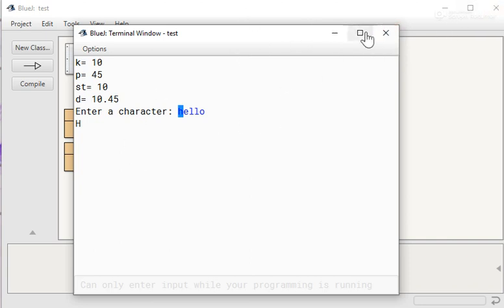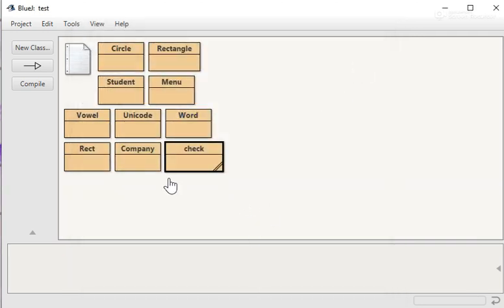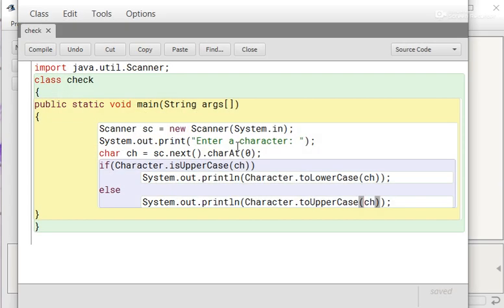Why, you can see in this program by using charAt(0). charAt(0) reads the first character only. If we change it to 1, then it will take the second character.